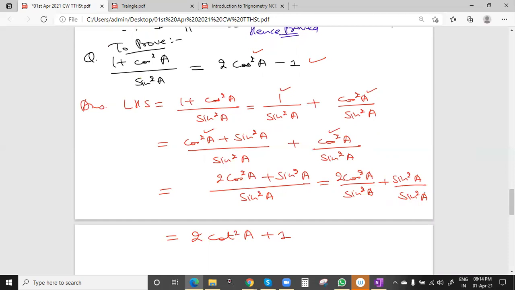You are in our group now, so you can take a photo of this question and send it on WhatsApp, no problem. Otherwise, you can try also. This is the left hand side; the right hand side also we can take. We can start with solving the right hand side and see what value we are getting. Okay, sir. Fine. Take the photo and send me this question, because normally we are getting 2 cot square A plus 1, but you have to see whether the question is correct or the method is wrong. Send me on WhatsApp directly. Okay, sir. Thank you, sir.